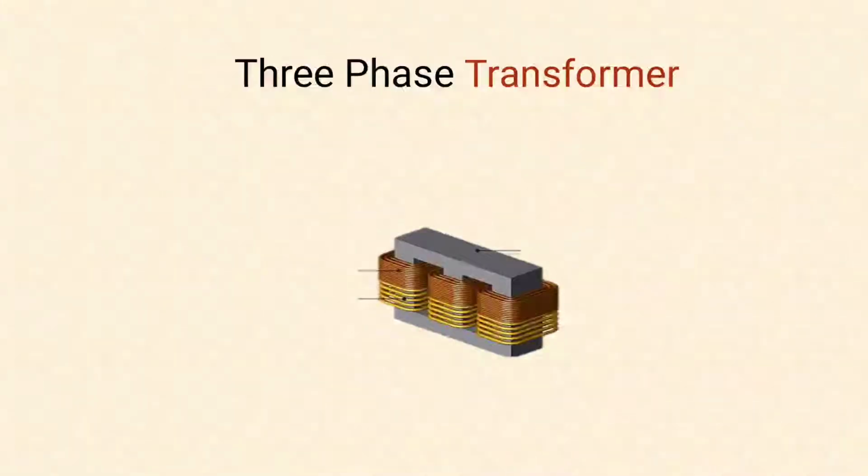In the previous module, we had discussed what is called a transformer. A transformer is also called an electrical static machine. It is used to convert electrical power from one range to another range, generally called a step-up transformer and a step-down transformer. The types of transformer are generally called single-phase transformer and three-phase transformer. In this module, we are going to talk about the three-phase transformer.